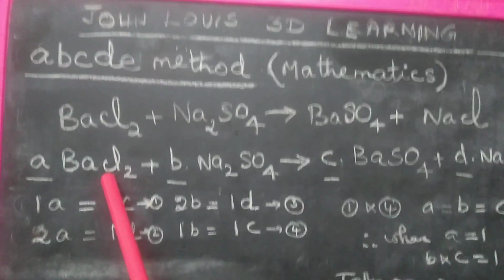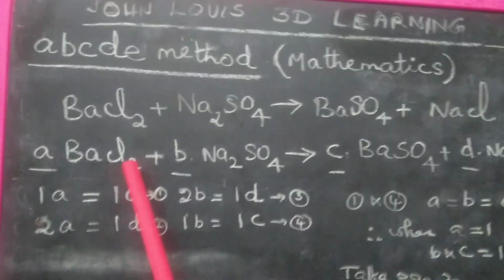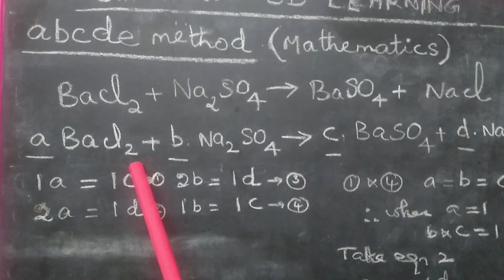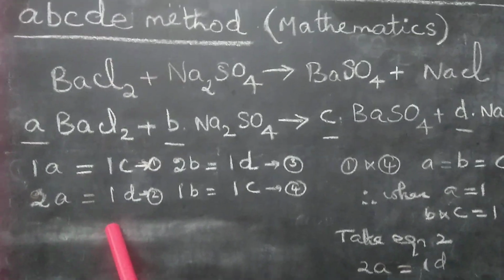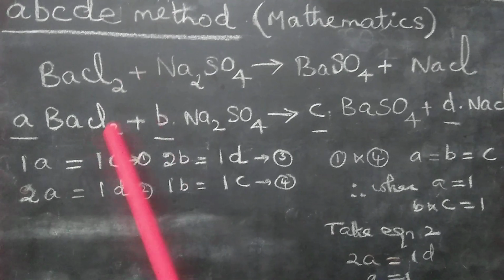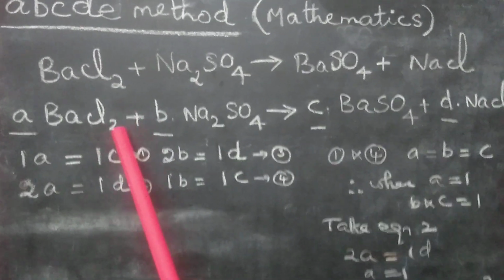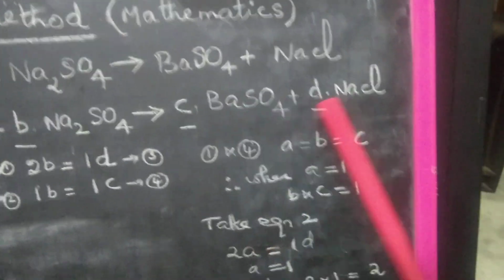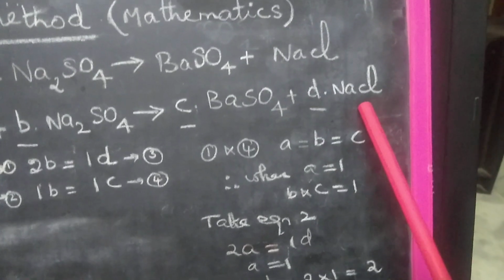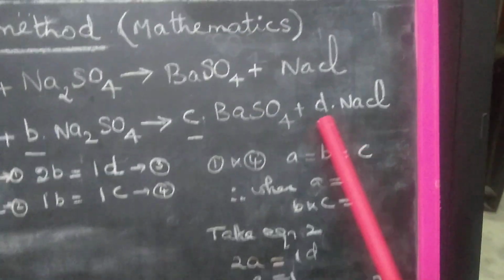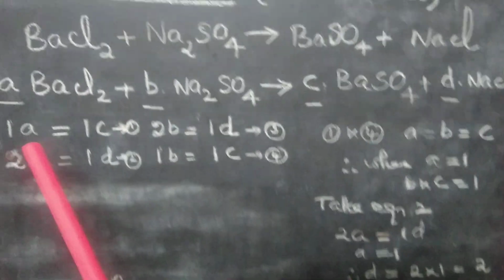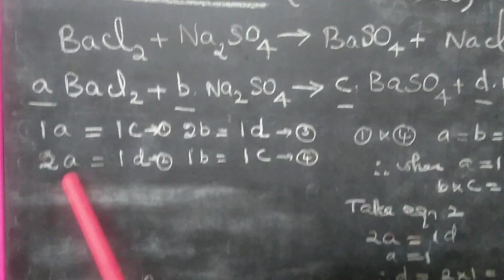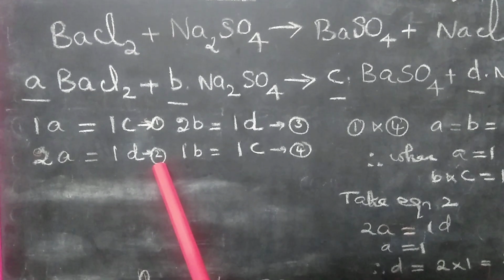Okay, now take the same compound, take the other atom, chlorine. How many chlorines are there here? 2. And what is the number in front? A. Multiply these two, 2A. 2A is equal to, now you go to the product side and find out the number of chlorine atoms there. Okay, where is chlorine? Chlorine is here in this compound. How many chlorine is there? Only 1. But what is the number in front? D. Therefore 1D. Therefore here 2A is equal to 1D. So that is the second equation. 2A is equal to 1D.